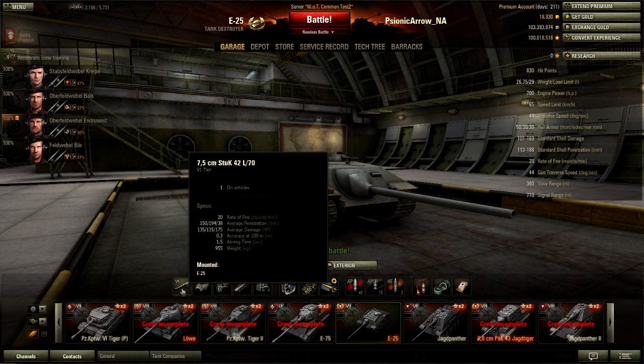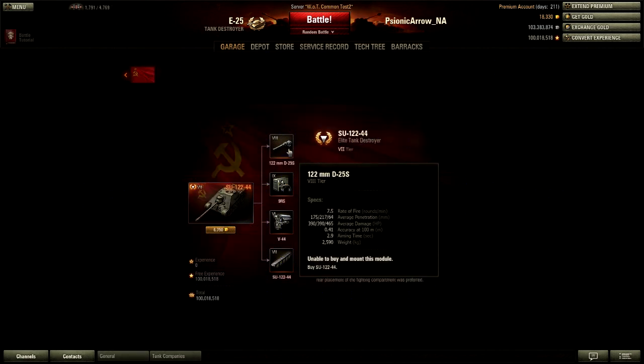Now, DPM-wise, compared to the other Tier 7 premium tank destroyers, the AT-15A and the Su-122-44, the E-25 has a DPM of 2700, AT-15A has a DPM of 2092.5, and the Su-122-44 gets a monstrous 2925. Penetration, well, 150 for the E-25, 171 for the AT-15A, and 175 for the Su-122-44. The E-25 also loses in terms of average damage, with only 135 average damage, 150 for the AT-15A, and 390